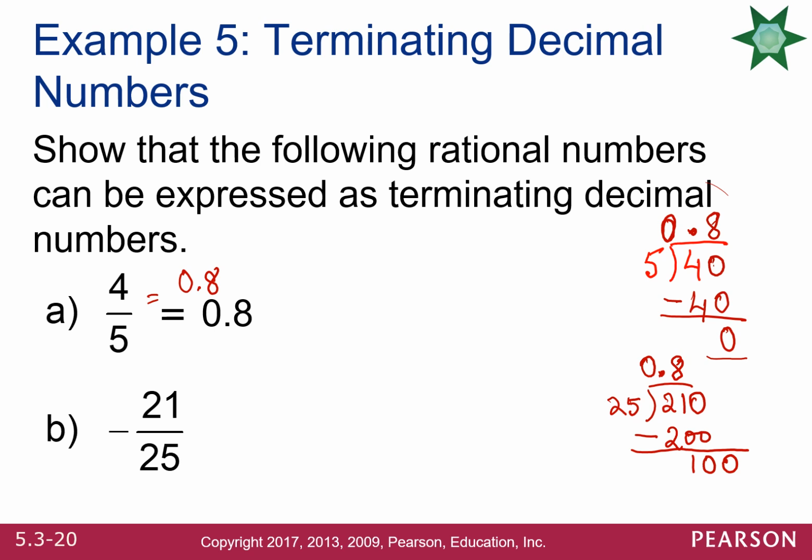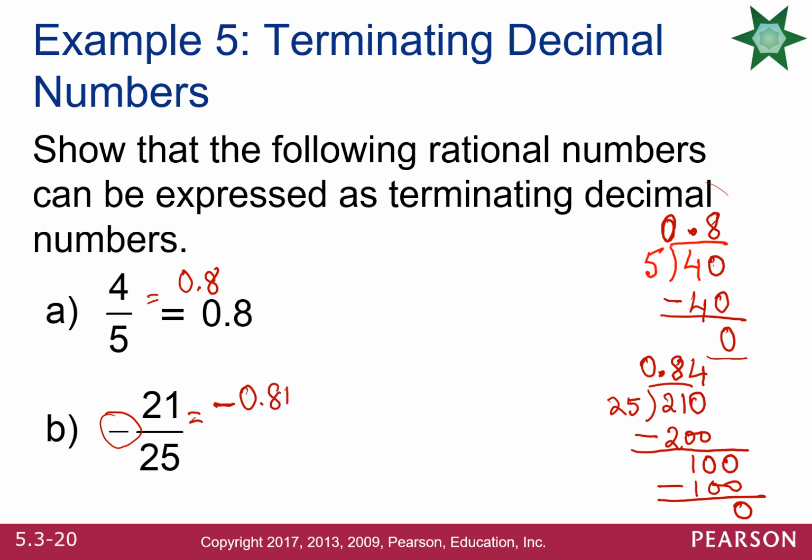So again, let's continue with the division. 25 times 4 is 100. So I'm going to write the 4 next to the 8, and then 100 here minus, and now we have a remainder of 0. So the final answer is, however, again, do not forget the negative sign, negative